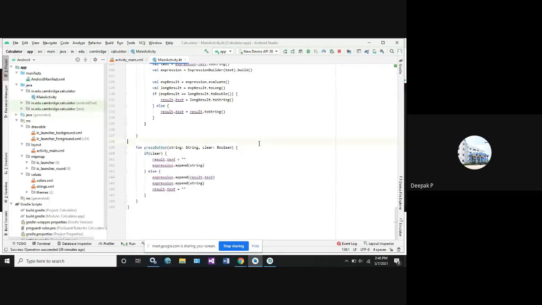So what happens? It removes the content. If the value is true, it erases all the content from the screen. If it is false, it displays the output value. Okay. So if clear, it checks for the condition. So what is the clear value? Boolean. So as of right now we have not loaded any content. So at that time this value will be in true state. So at that time what happens? Result.text will be empty. The expression will be appended as string data.